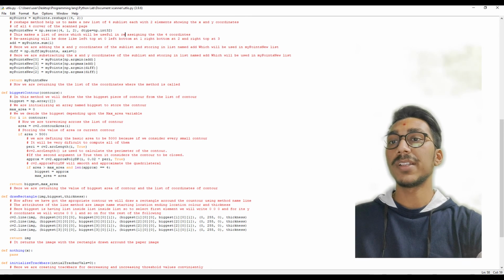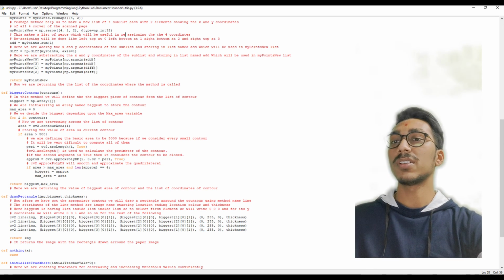So the required element needs to be selected. The first element will be selected as 0,0,0. For its y coordinate we will write 0,0,1 and so on for the rest of the following, which will be cv2.line(image, biggest[0][0][0], biggest[0][0][1]) to biggest[1][0][0], biggest[1][0][1], with color of 0,255,0 and the thickness.